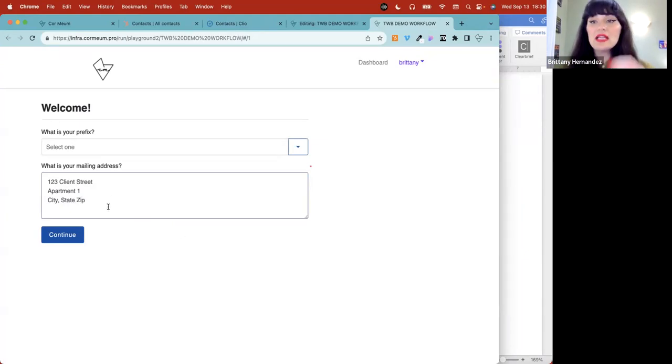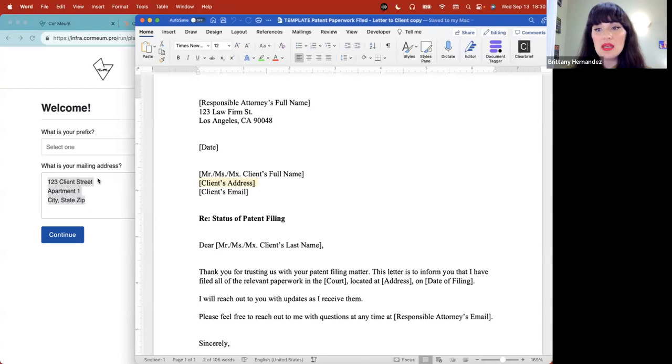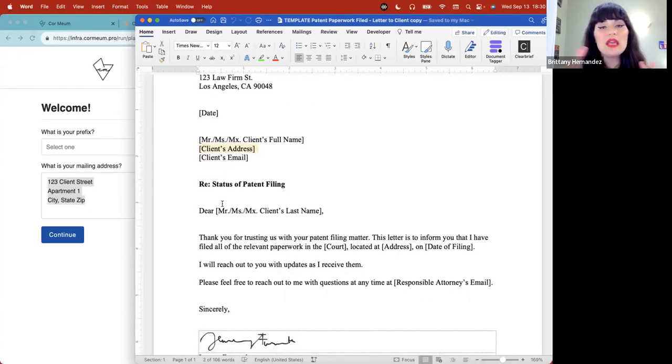So if we collect this person's information, which is a very important piece of information, which is their mailing address, and we only ever first collect this as this block, then this is going to be actually problematic, even though it will solve our immediate problem of needing to have this information fed into this particular section. And the reason for that is maybe in future stuff that we would do with this particular client, we need to just have their city somewhere in a PDF document that has all of this information separated out. But we only collected it this one way. So we would have to ask them maybe for the information again,